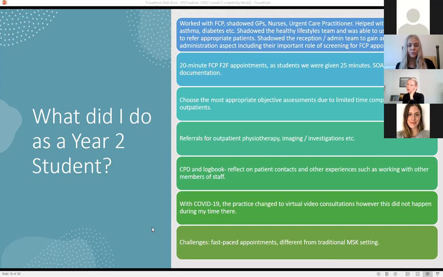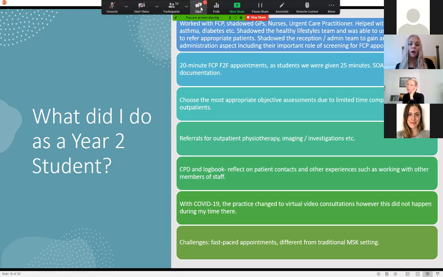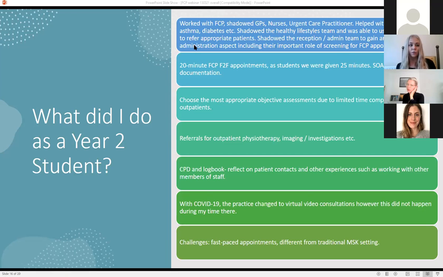But I also found that on this placement, due to it being so fast-paced and a really different and new environment for me, I actually did a logbook as well and wrote down what I'd seen on each day and some small reflections on what I'd found from working with different people and seeing different patients and different conditions. And it's really useful to look back on, to see everything that I explored during that placement. And then obviously just your normal reflections and your research that you would do for your CPD